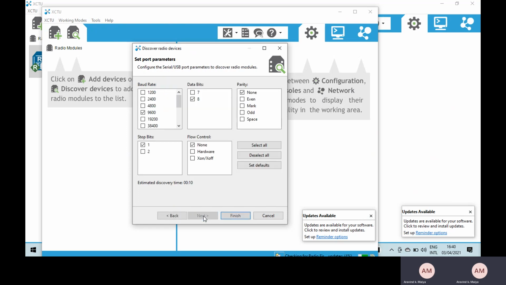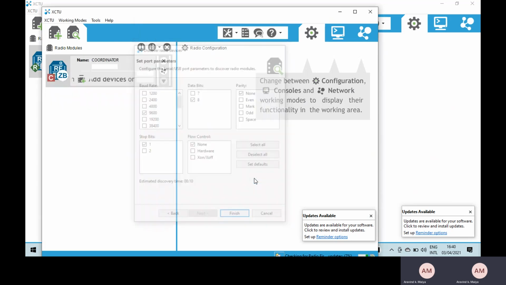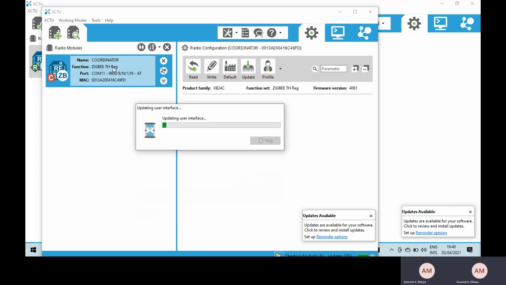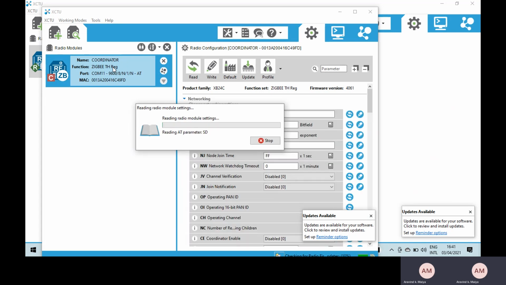Let me scan. Finish. Okay, so we have a coordinator. I will add the selected device. Let me click on the coordinator. It is updating the user interface. Operation in progress. I think yes, it is working properly.